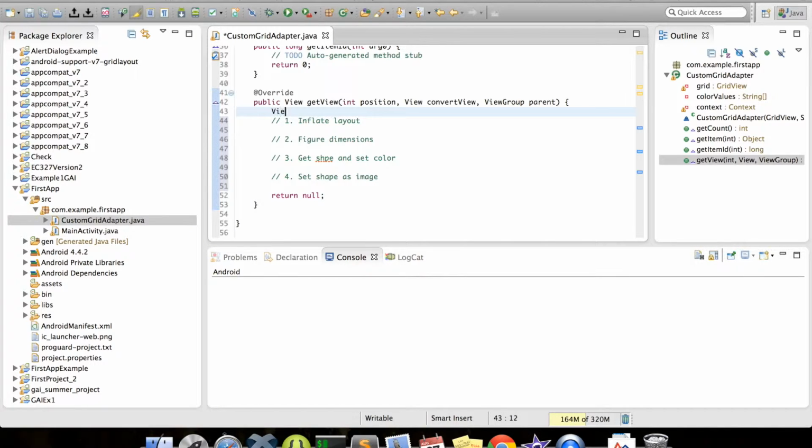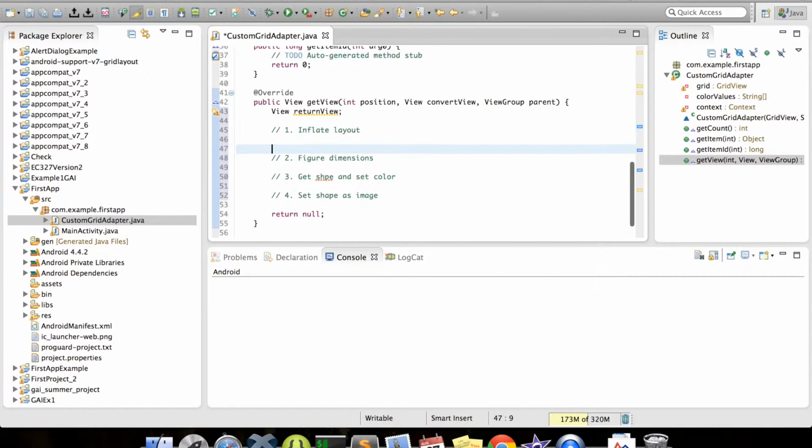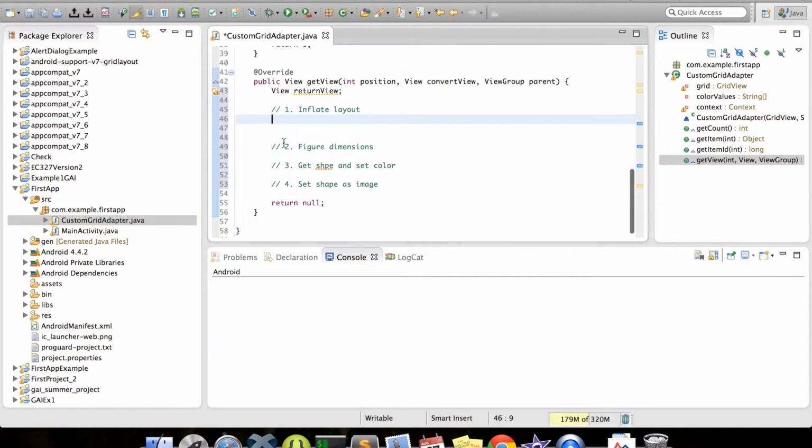Before any of those steps, however, let's create the holder view variable returnView, which will be assigned the view we want to return. If the view already exists and it is input as an argument, it will simply be the convertView. If convertView is null, that means we must construct this view from scratch. To inflate the layout, we'll need to call the layout inflater service, which is provided by Android. The line LayoutInflater inflater equals